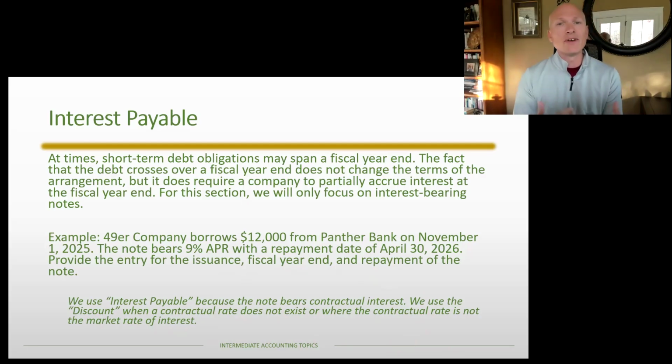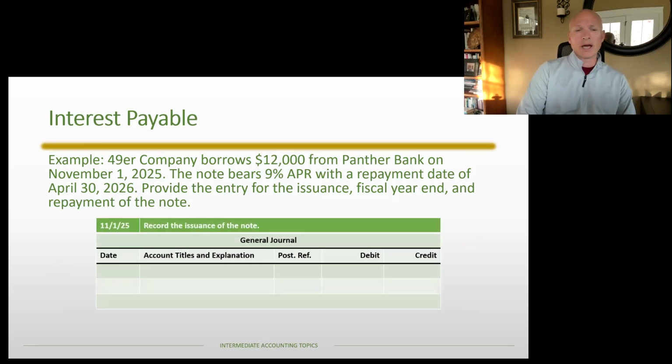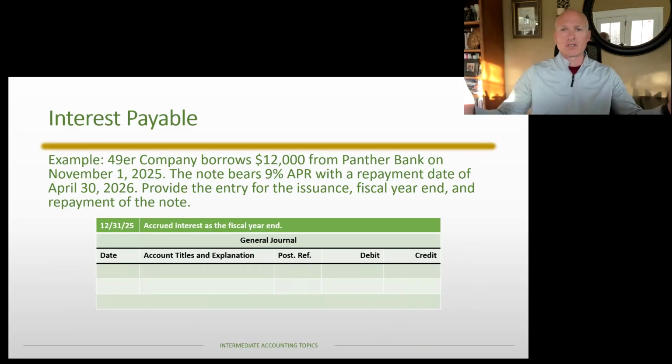But just to be clear, even if it was zero interest bearing or if the market rate and the contractual rate were different, we would still need to accrue, but it would accrue using the discount or potentially even a premium. In our example here, again, we're walking through the issuance, which is hopefully not too bad. The cash that we received is $12,000, and now, of course, we have that note payable for $12,000 as well. And then again, right away, interest starts accruing on the note until eventually on December 31st, we come to a fiscal year end,